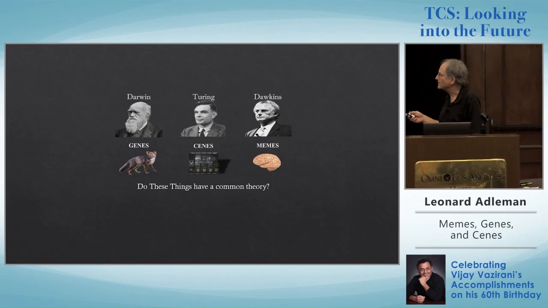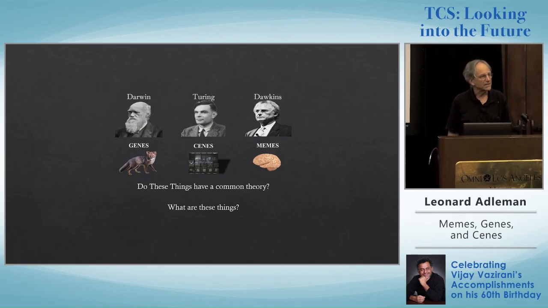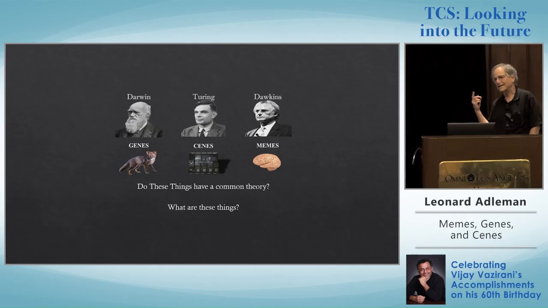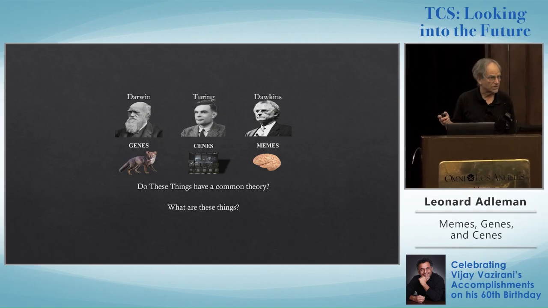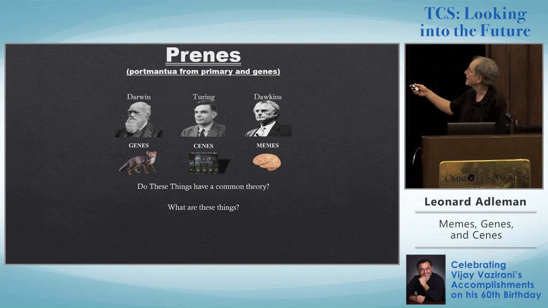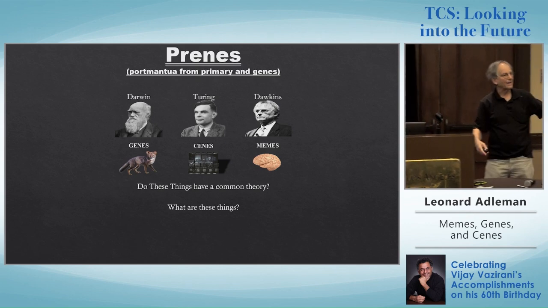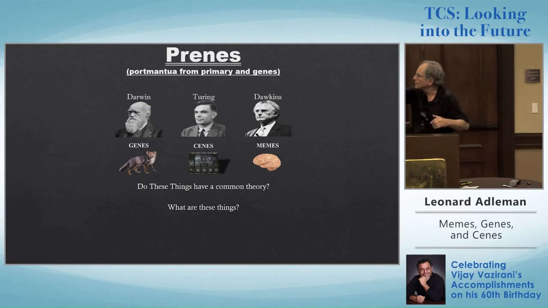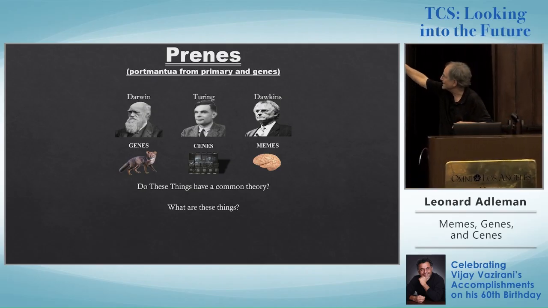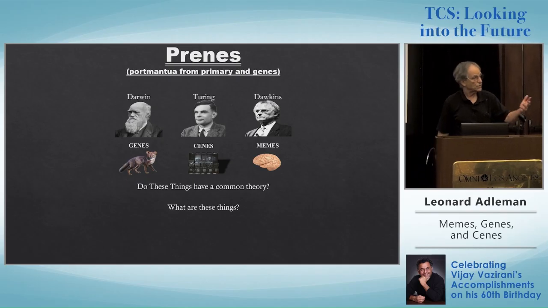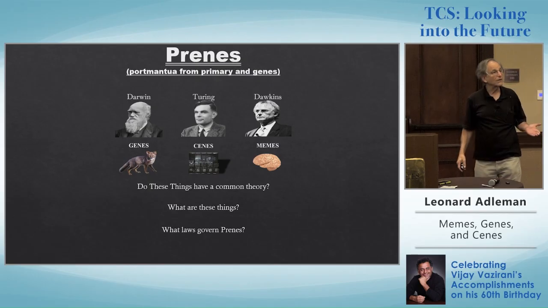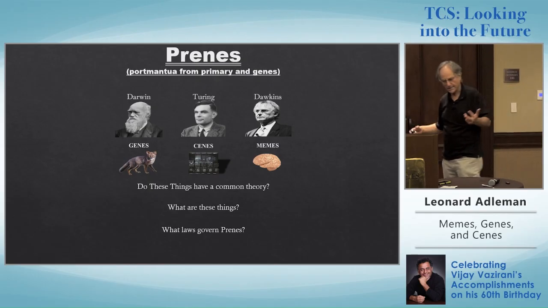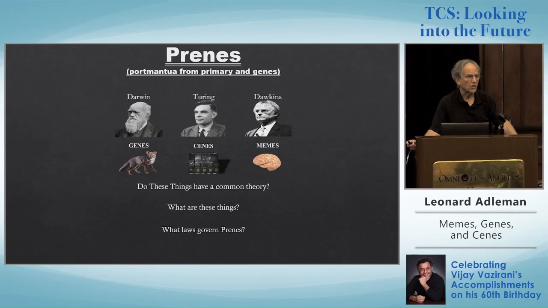All right, second thing is, what are these things? Okay, and in thinking about it for a long time, I discovered that these things are part of a much larger set of things called preens, another portmanteau from primary and genes. That includes scenes and genes and memes, but other stuff as well. Okay, the next thing was, what laws govern preens? All these things. And of course, the Darwinian laws apply,